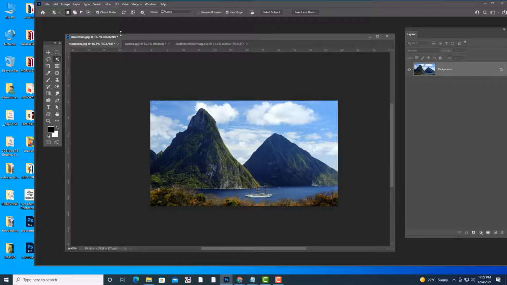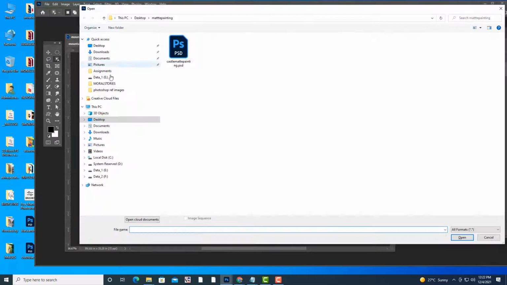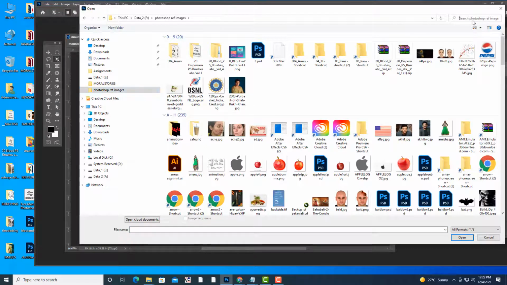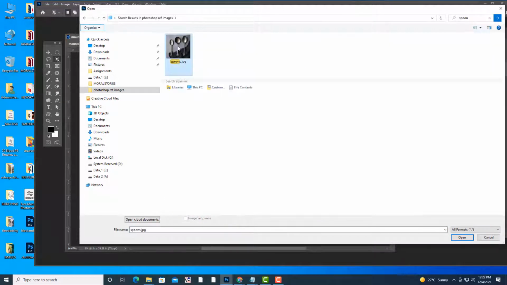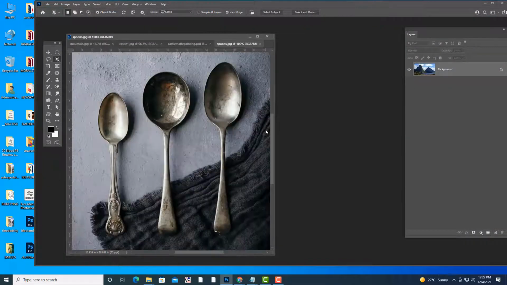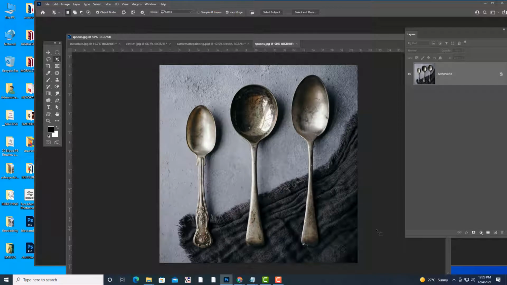Wait a minute, I will show you something. So this is a new feature in 2022, but maybe it is not able to find the mountain. But see here, if you select here, see, automatically we are getting, it is able to find the subject.